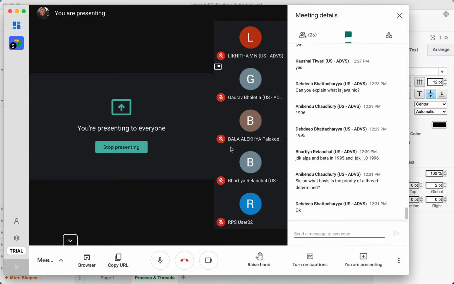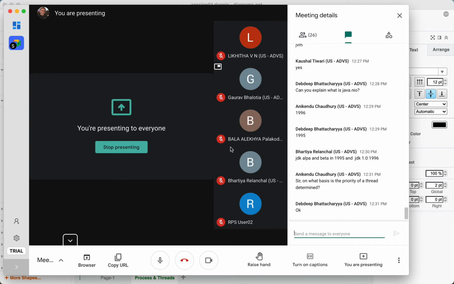Yes, good question, Anikenda. Right. So many a time it so happens that you want to run a background task. You want to execute some task which will keep on polling for some data, maybe on some remote server. You want to maybe keep on polling for the new data that has come on a file, maybe after every 5 minutes or so. You want to keep on doing something in the background.